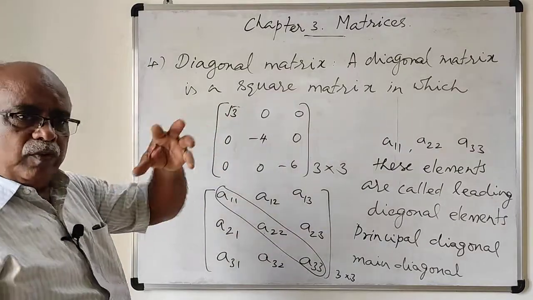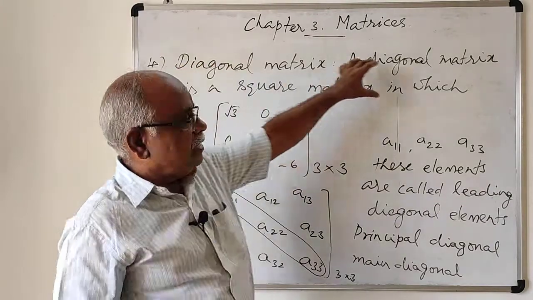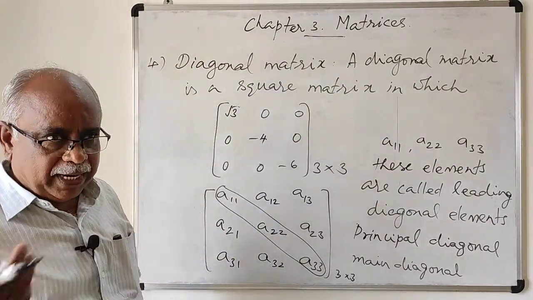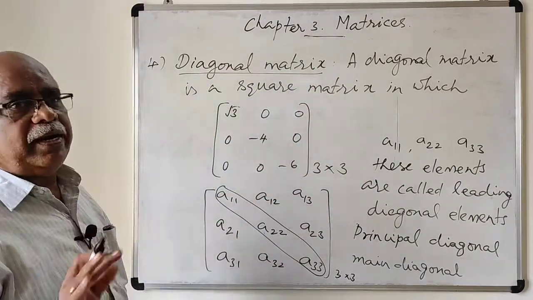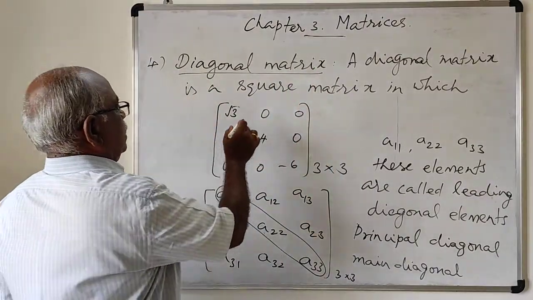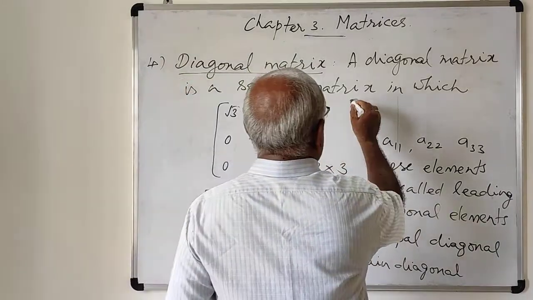You see the definition from your book fully. I just explained. I need not write everything on the board. Just I am explaining what is a diagonal matrix. A diagonal matrix is always a square matrix in which the elements except the leading diagonal are 0. One more example, if you want to say this: